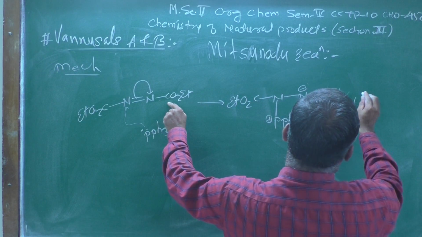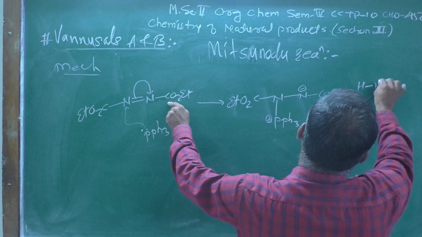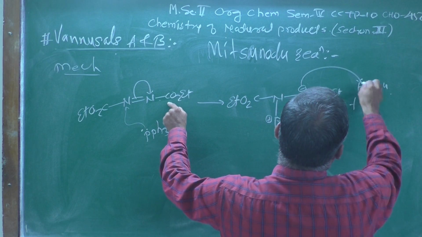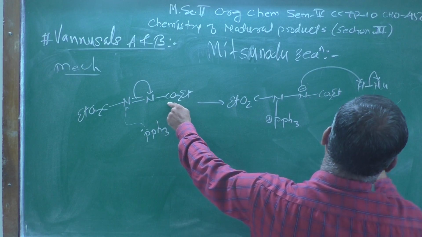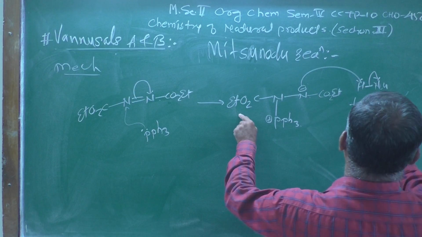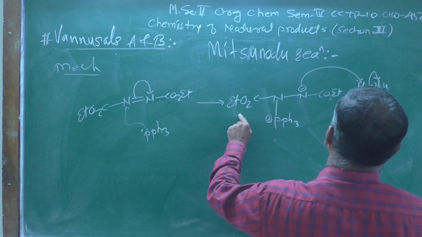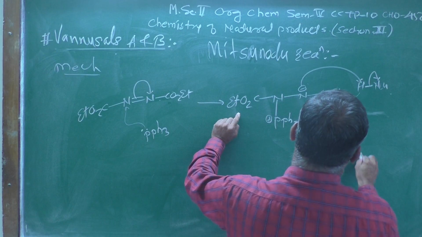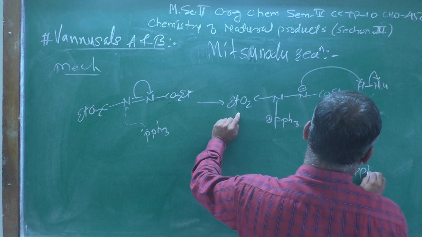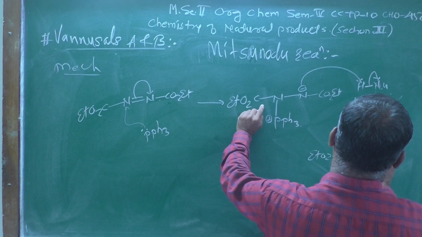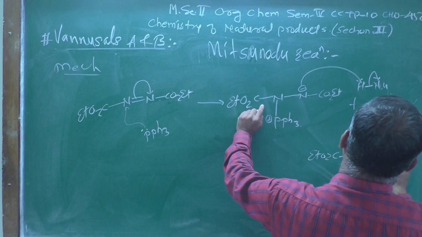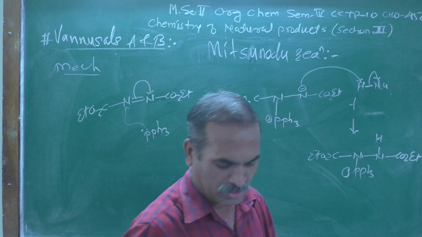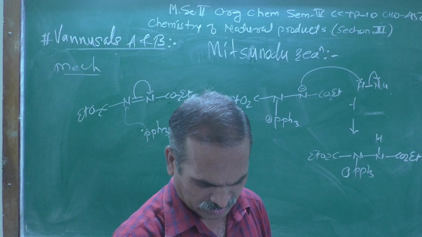Now, further there is a protonated nucleophile like alcohol. So, it is going to attack on that proton, and you will get here the product, and let me show here EtO2C, then N, then PPh3 with a positive charge over there, N, here is an H, and then CO2Et. That is the compound which we got over here.